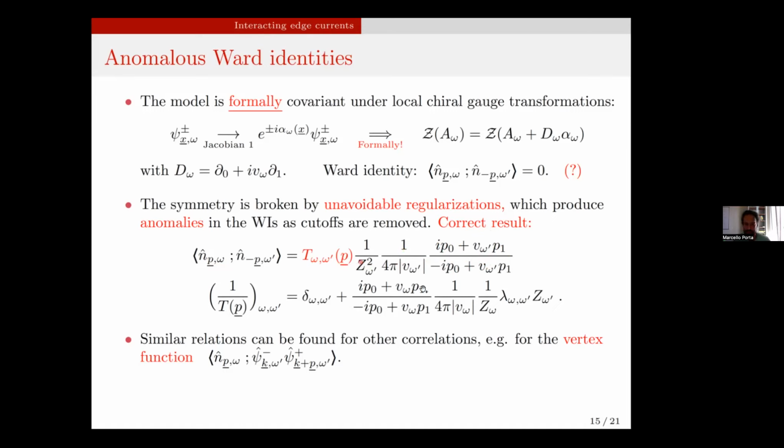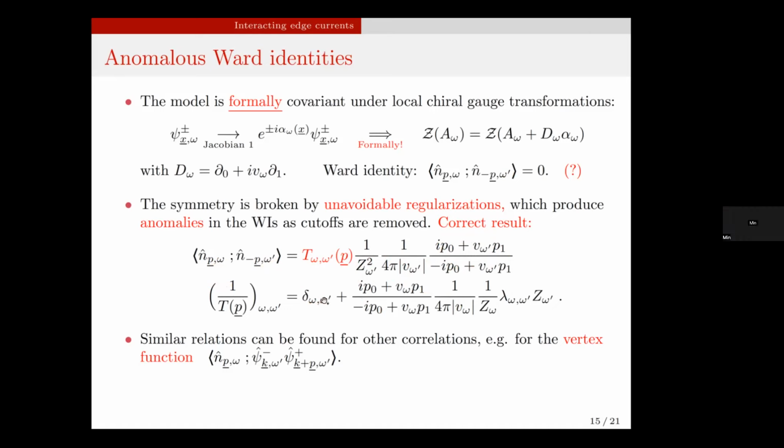Of course, it depends on all the parameters that appear in the action, which at this stage are free parameters, and in fact it also displays a singularity at 0 momentum, so the limiting value depends on how you take the limit. It also mixes the chiralities because of this matrix T, which is the identity only if lambda is 0. Otherwise, this is not the identity.